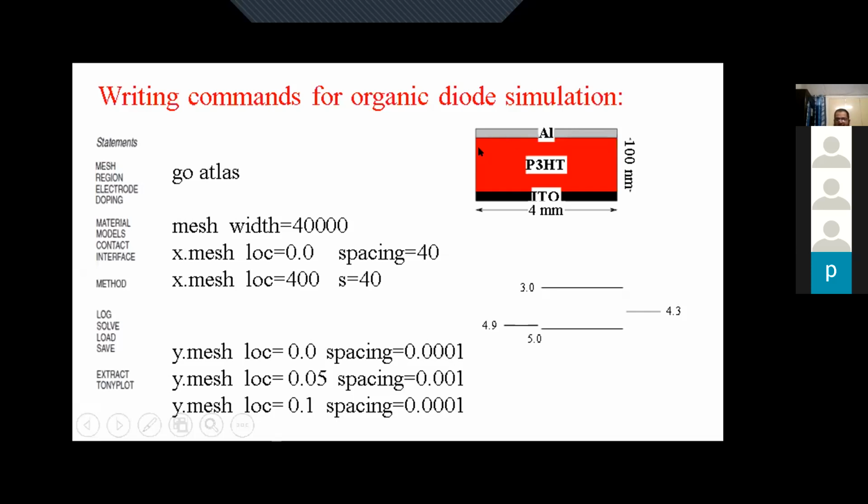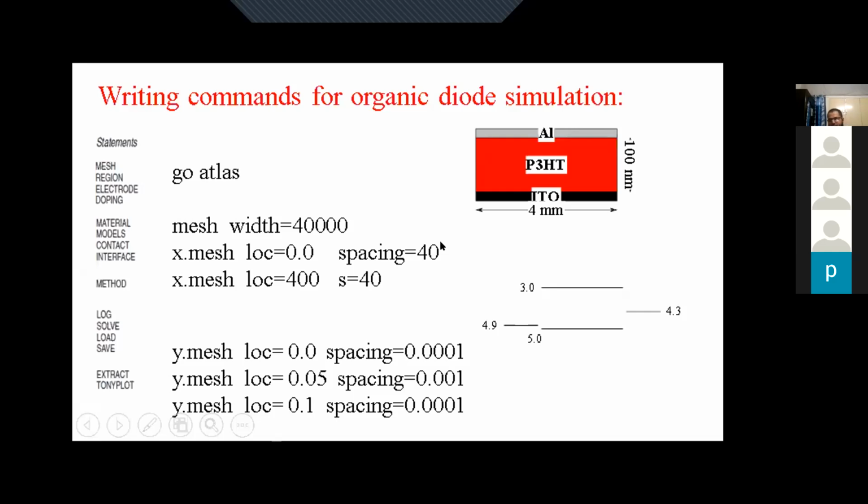Why? Because at both ends we have the electrode, and so there is an interface here. Near the interface there may be a variation of a lot of parameters which we need to capture. So for that we need a very small resolution over there, 1 angstrom. But at the center it is more or less the same, so we do not need that much resolution. So we have given it a coarser spacing, around 1 nanometer, because we don't need it. If we put 1 angstrom, then it will only take a lot of time in solving, but that's not required here.